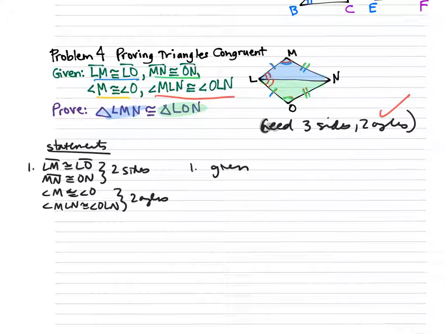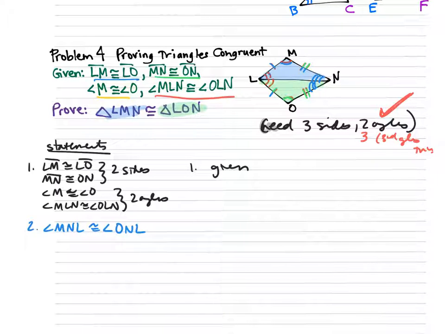And in order, right, we actually do need 3 angles, but once we have the 2 from the picture, we figured out the 2, we can get the third from the third angle theorem. So that's what we're going to do here. We know that because we have these 2, that these 2 angles are going to be congruent by the third angle theorem. So our first statement after the givens is going to be that angle MNL is congruent to angle